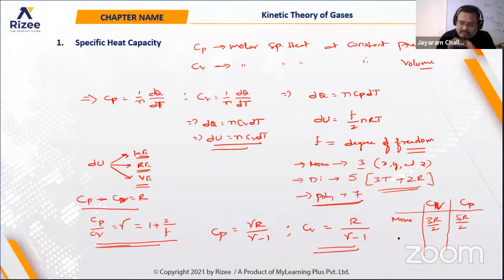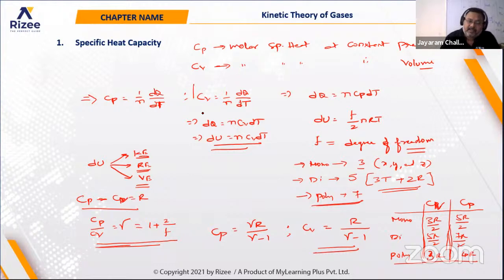For the diatomic, the Cv is 5R by 2, and the Cp is 7R by 2. The ratio of them will give you your gamma value. For a polyatomic gas, such as triatomic, it will be 3R, and this one is going to be 4R. So these are the different values, but don't consider that